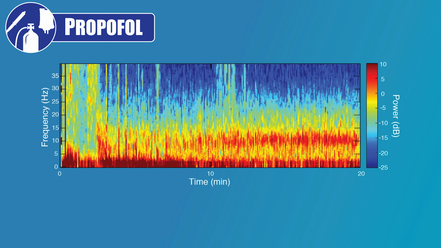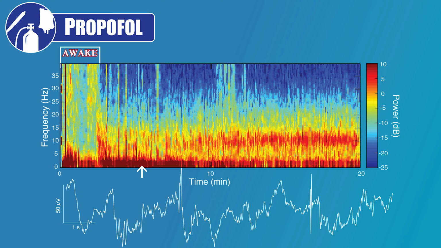When propofol is administered as a bolus for induction of general anesthesia, the EEG changes within 10 to 30 seconds from an awake pattern that typically consists of low amplitude gamma and beta oscillations to a pattern of high amplitude slow and delta oscillations. In the EEG spectrogram, this appears as an increase in the power between 0 and 5 Hz. This transition to a slow delta pattern coincides with the loss of responsiveness, loss of the oculocephalic reflex, apnea,